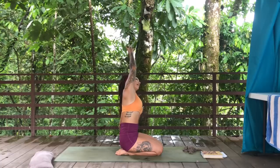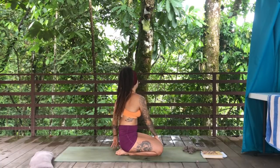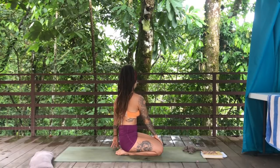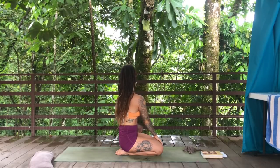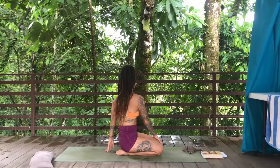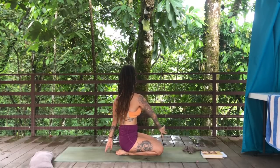Take one more inhale. And as you exhale, pull your navel towards your spine, spin towards the left, hook your right hand outside of your left knee. Use that pressure of hand on knee, knee on hand to spin a little bit deeper. Squeeze the legs together, keep them pointing towards the front. Gaze follows the direction that your sternum is pointing. Again, we're wringing ourselves out here as the upper body spins to the left and the lower body drills down